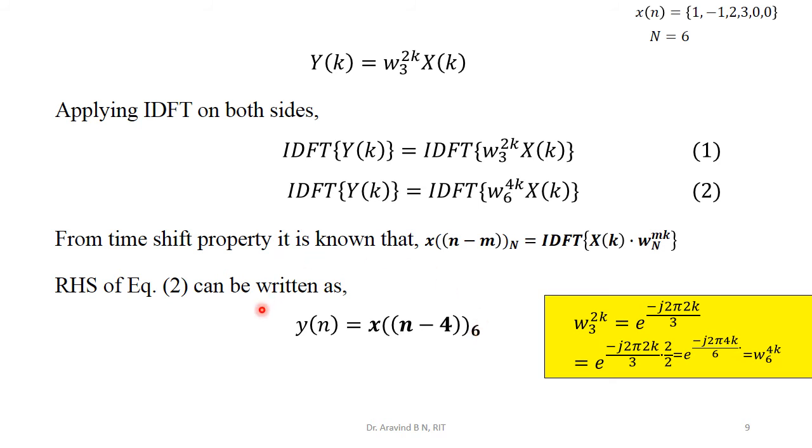So now we are almost at the end of the calculation. We have got the expression for y of n. We are not going to calculate any DFT, just x of n is available for us. So we are going to make a substitution. N is equal to 0 to 5, and we are going to calculate this y of n with the help of the sequence x of n and this expression.